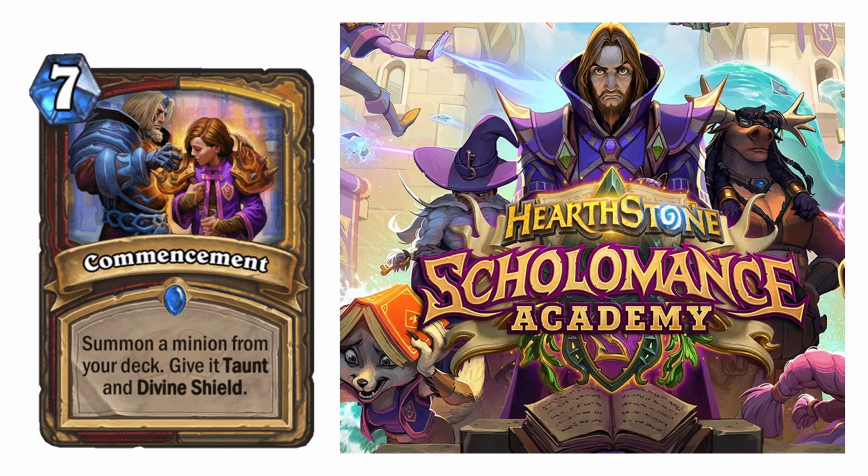Commencement. There we go. 7-cost spell for Warrior or Paladin. You summon a minion from your deck, and you give it Taunt and Divine Shield. A very normal thing for Paladin, especially, is the Divine Shield. And a very normal thing for Warrior is Taunt. Well, actually, Rush, apparently, is the normal thing for Warrior. But Taunt is normal for them, too. Taunt is also pretty normal for Paladin, so